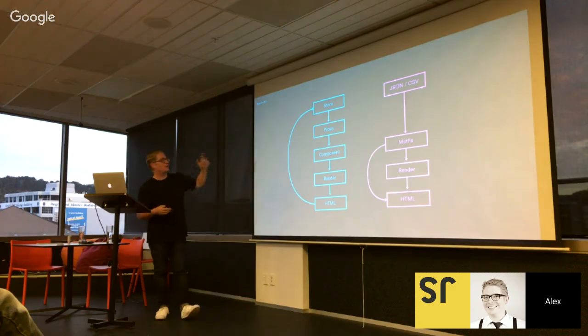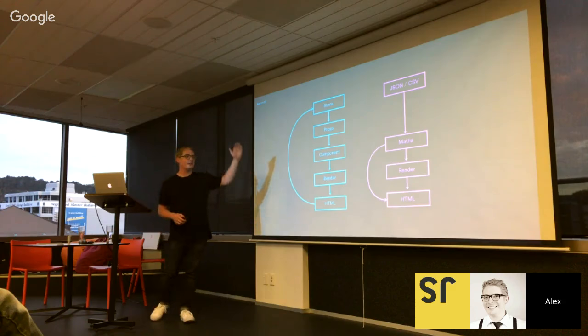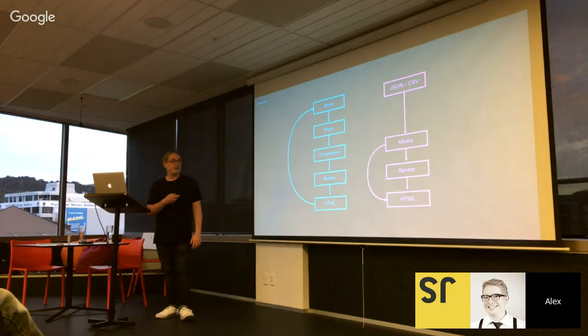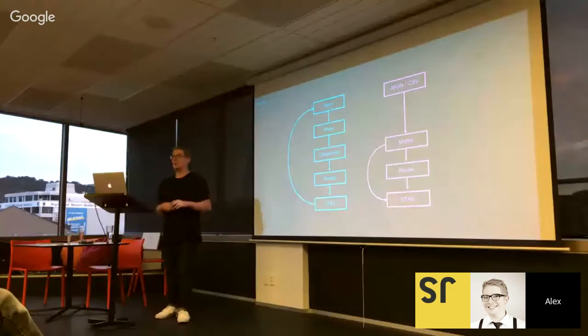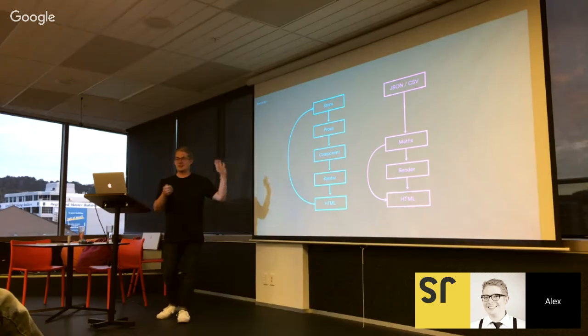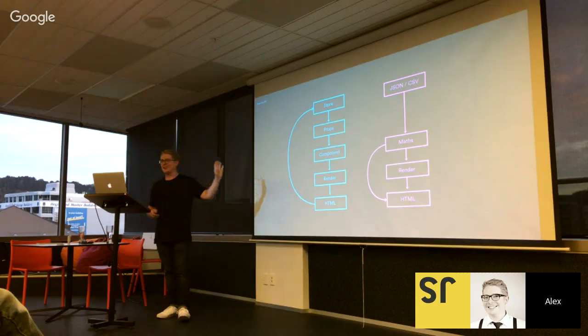On the left was React. The store would send the information through to a component. It would then render out to the HTML. And in D3, it would hit those maths functions and then render down to the HTML. And when something changed in the HTML, it would go back to the maths and update the maths it was using. The more I look at this, the more this makes probably no sense to anyone but me, but this was how I got my head around it.